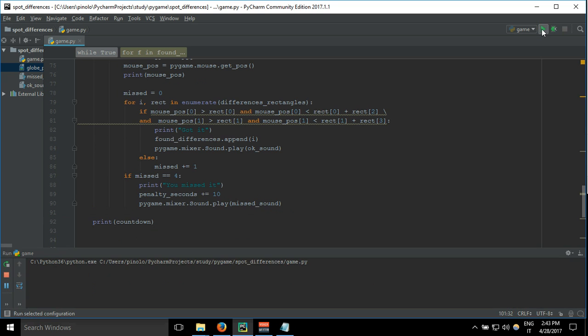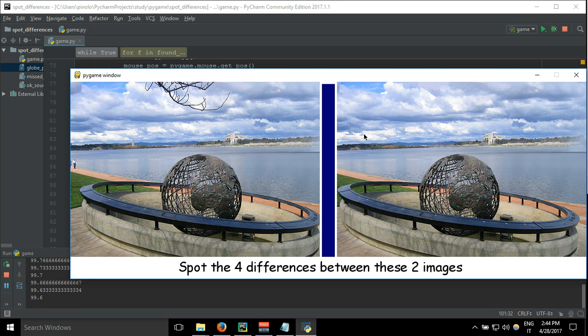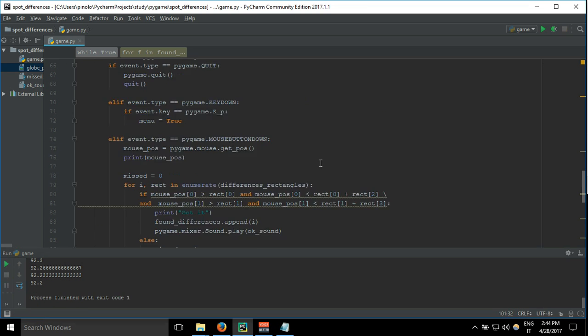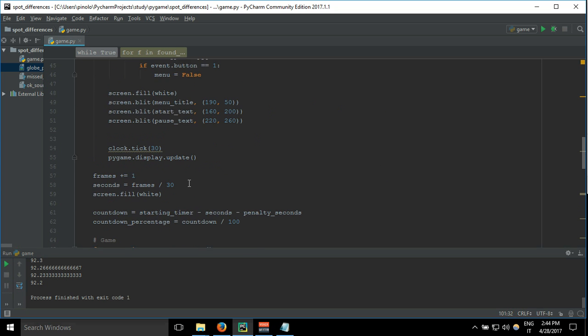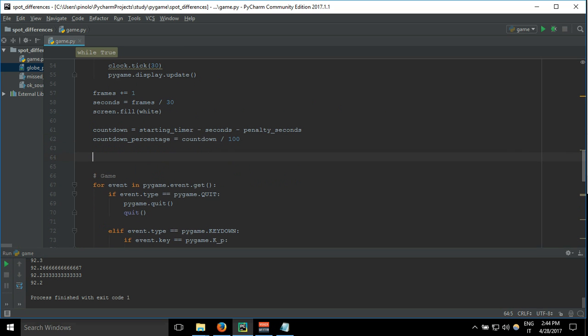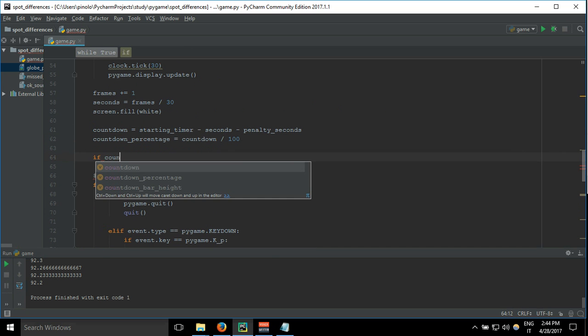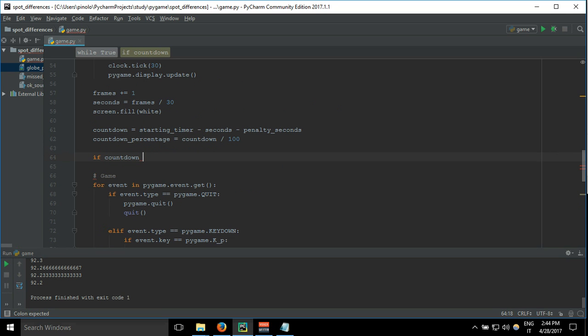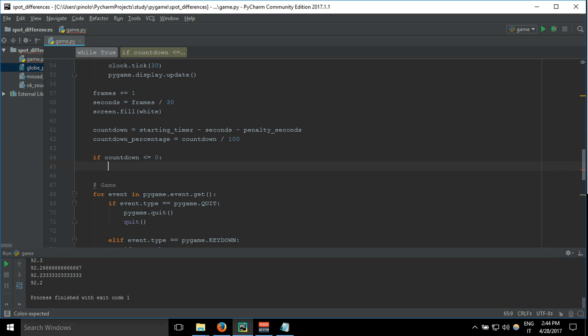So when this blue bar gets to the top, this countdown here gets to 0. So let's say, just after this countdown, if countdown less or equals to 0, then